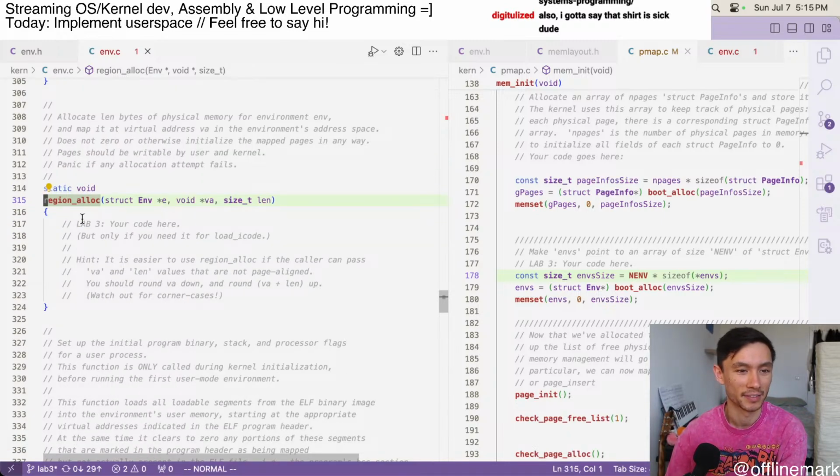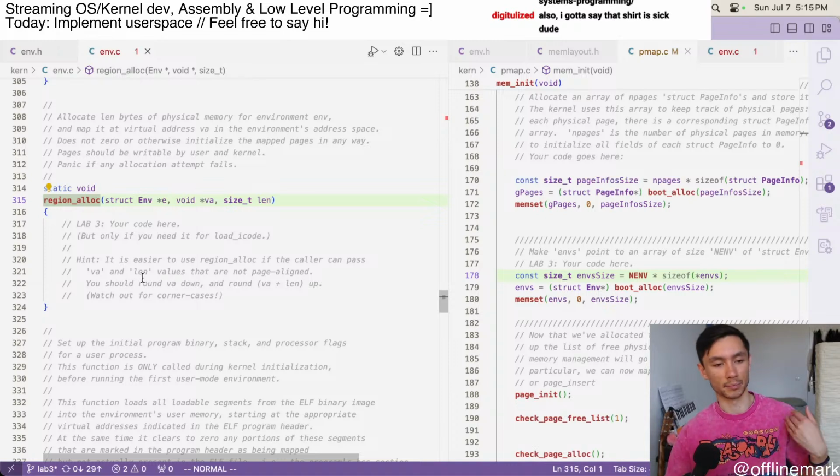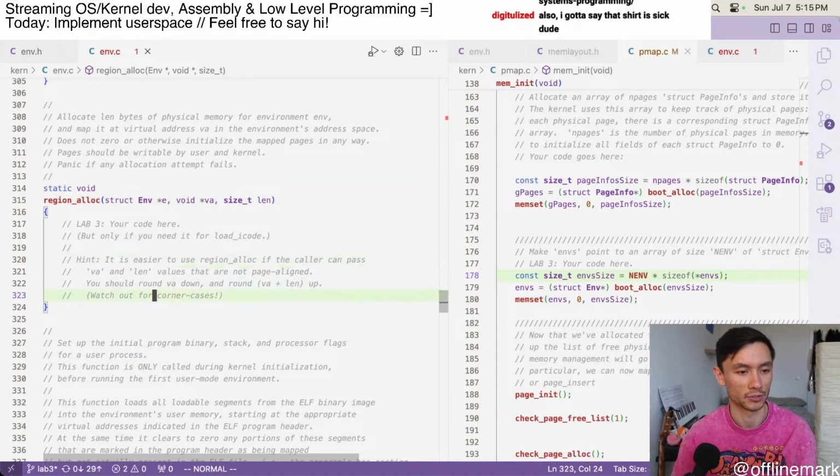Okay, so we have a given environment. We have a destination virtual address to put the mapping at. We have a length of the mapping. And it's saying, ideally, the caller should be able to pass values that are not page aligned. Maybe I'll do that in a step 2. And for step 1, I'll just try to make this work and